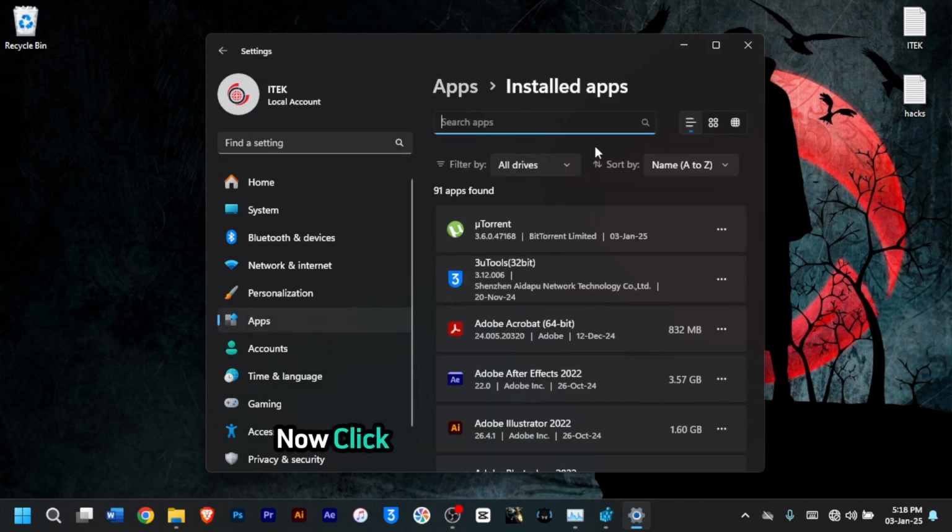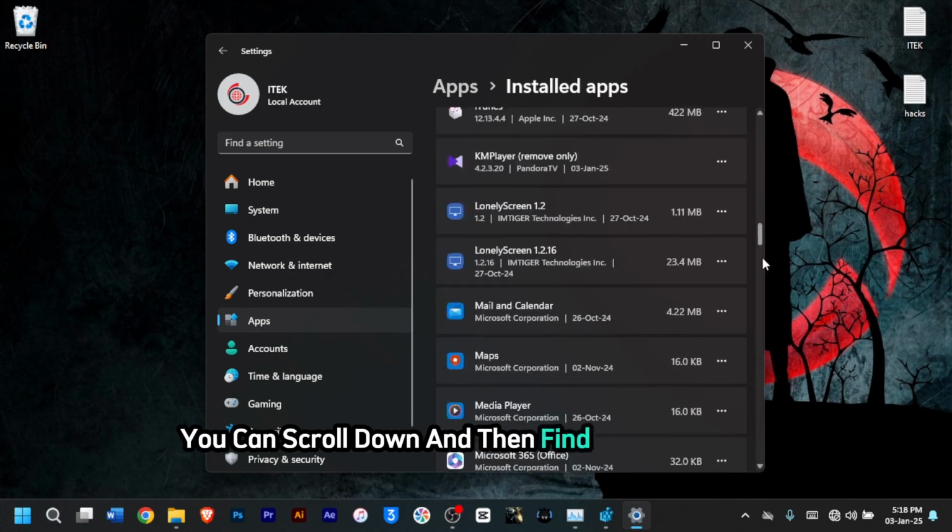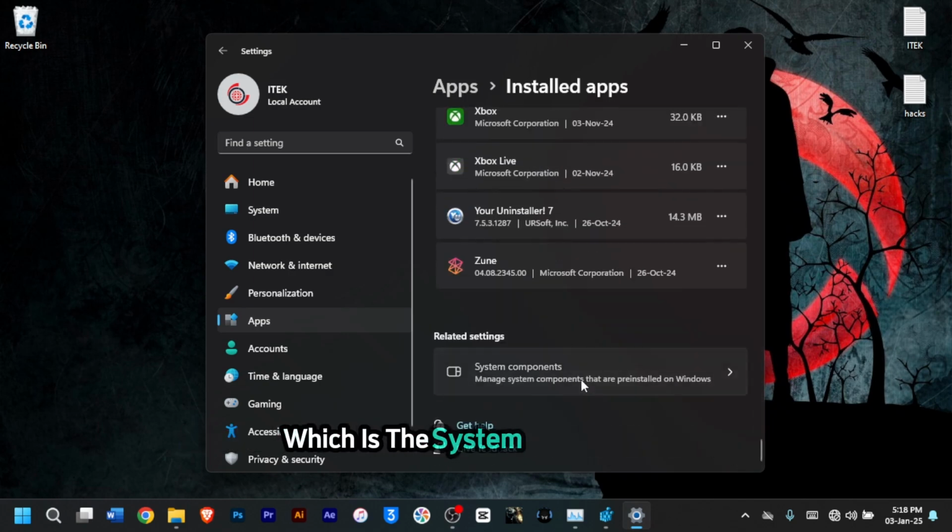Now, click on the three-dot menu beside the app that you want to make changes to. You will find an advanced option here. If yours is missing, it means your Windows is not up to date. You can go ahead and install or update your Windows. Or either way, you can scroll down and find another option, which is the system component, and you click